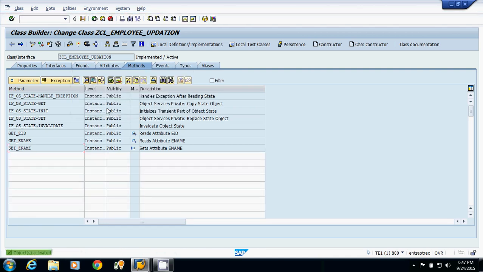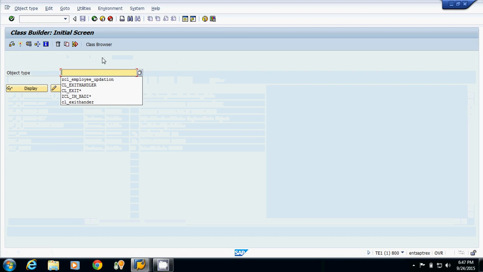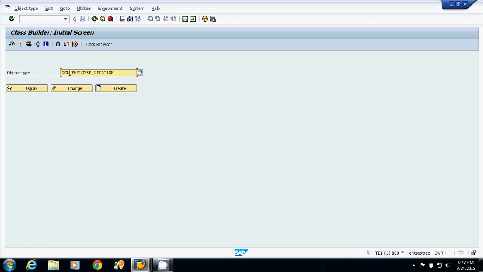Now it is activating the CA and CB classes. Now our persistence class has been activated. If I want to check that the CA and CB classes have been generated, I will pass the name here and replace L with A. I am writing the name again and replacing this L with CA, which is our agent class.